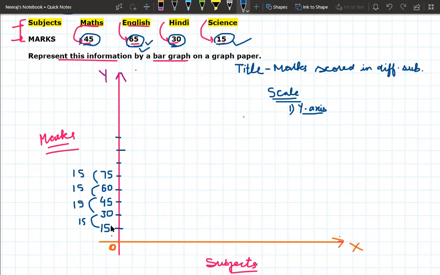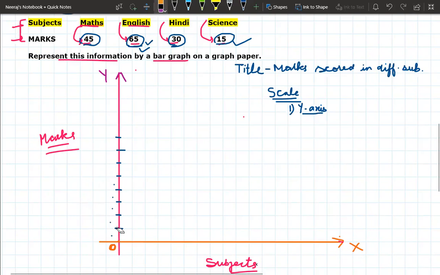So this time I'm leaving a 1 block. As you can see, that 1 block I am leaving. Every time I'm leaving a 1 block and I'm also getting the same difference, right? Or there is also one more way, let me tell you, you can do it like this.